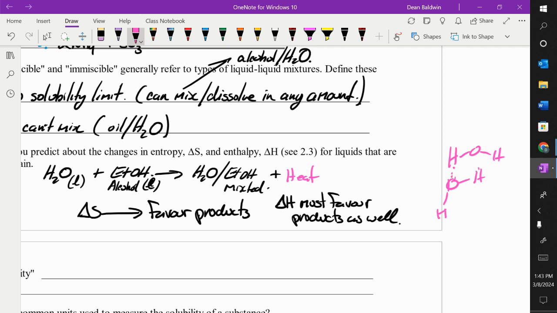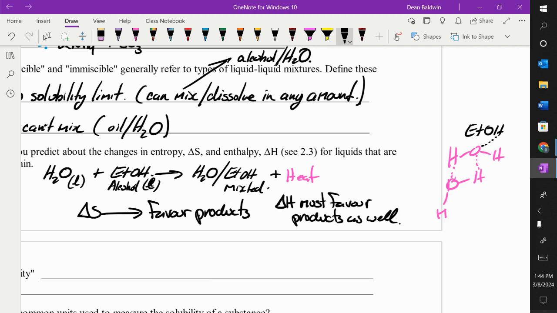So remember hydrogen bonding? Pure water, it's just water molecules all nice together, and same for the ethanol. As soon as you mix them, you've got ethanol, I'll just put ETOH for shorthand, bonding to water, breaking up that purity. It's not just all water. You've got ethanol in here. So they're both mixed together, which is more random than just the pure substances by themselves.